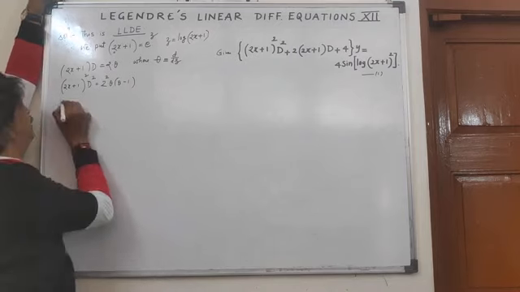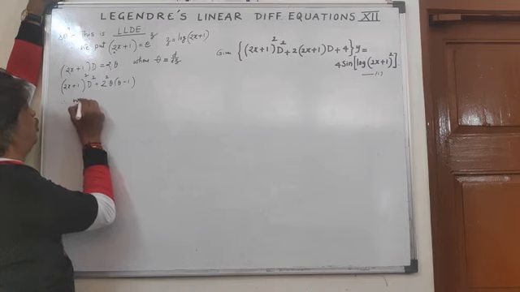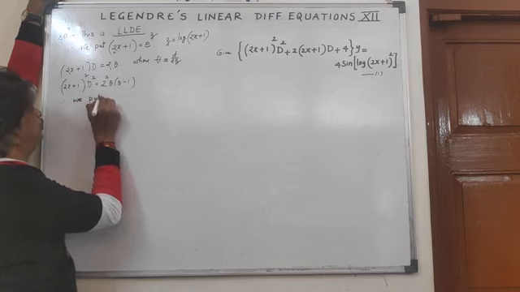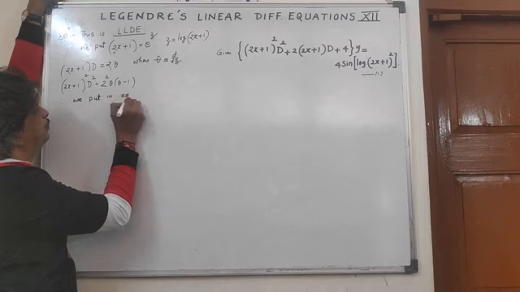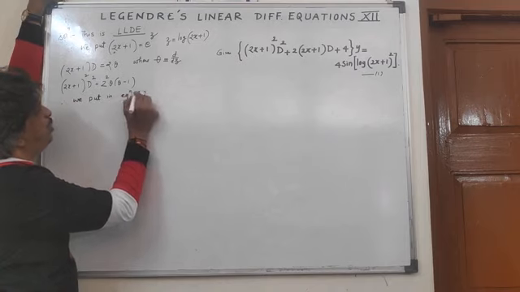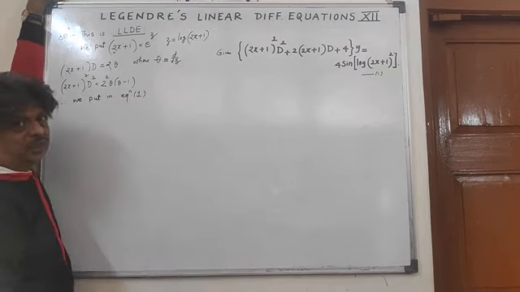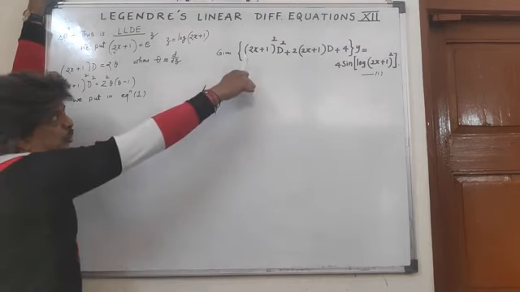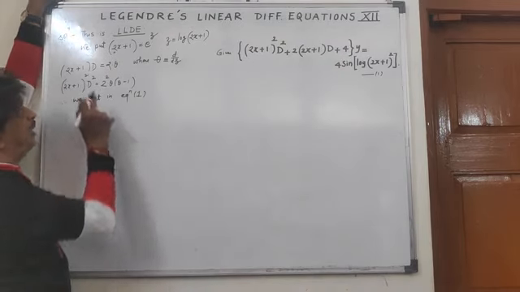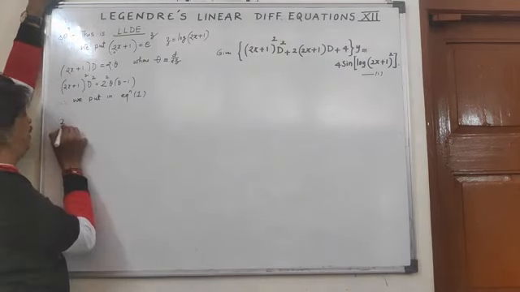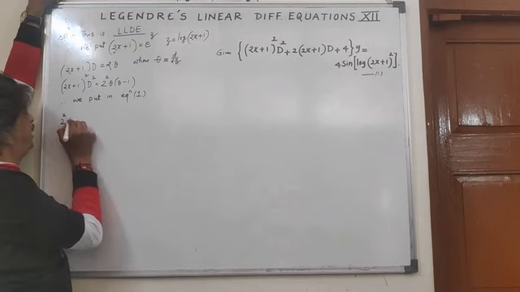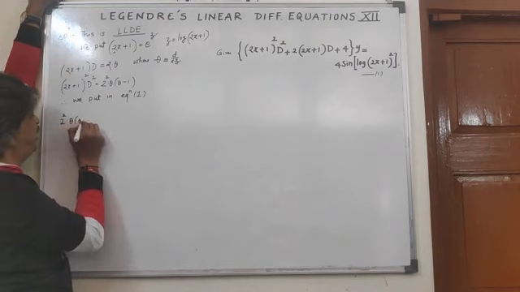So we put, therefore, in equation 1, Legendre's linear differential equation, 2x plus 1 whole square D square equal to 2 square into theta minus 1,